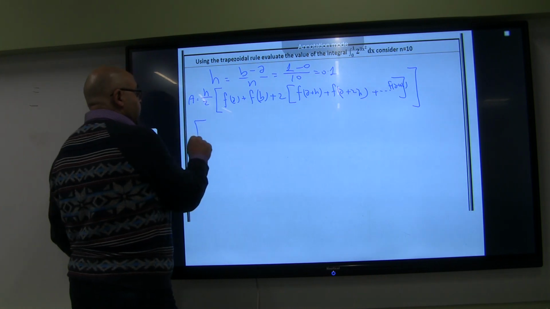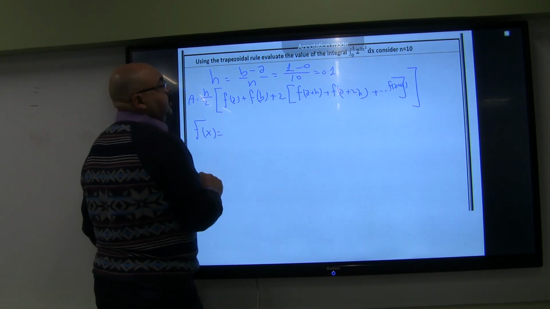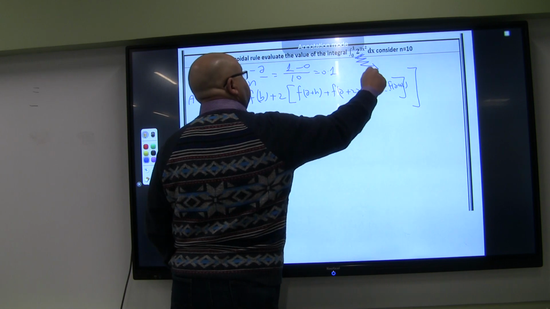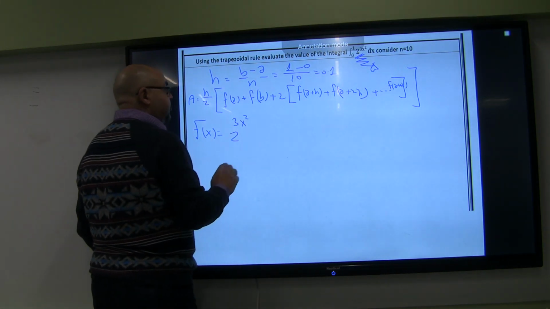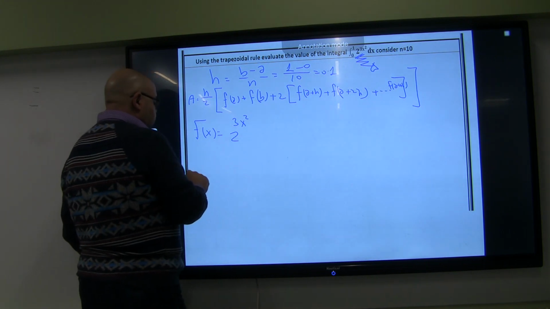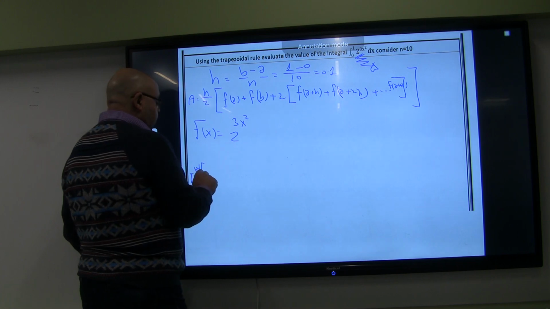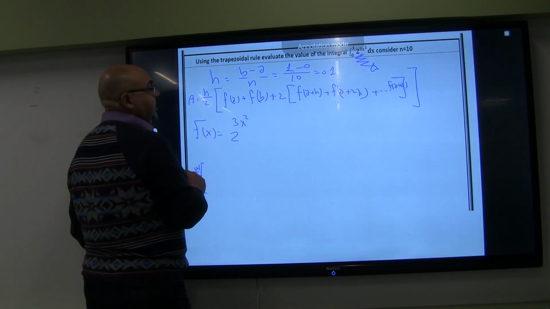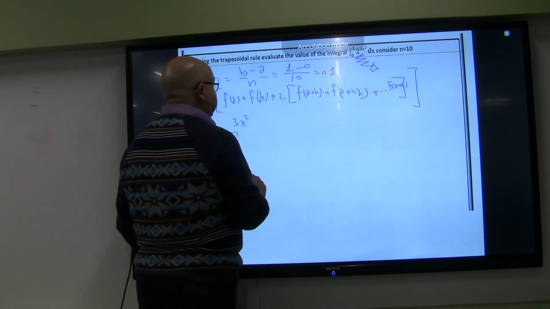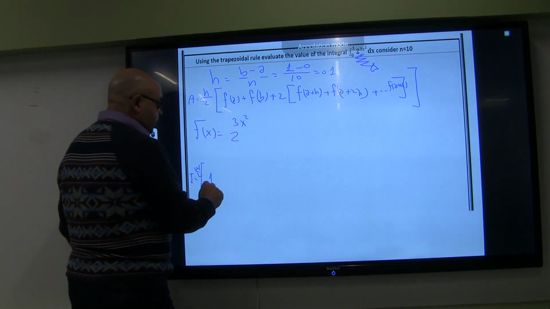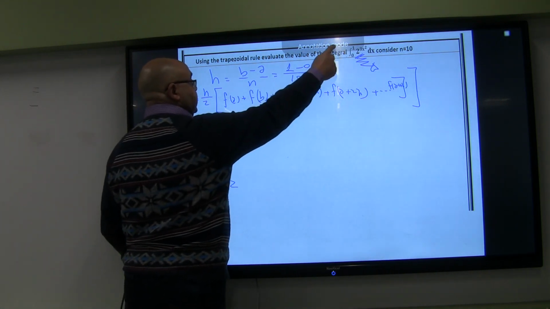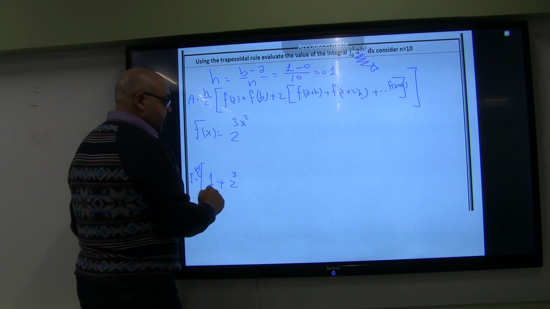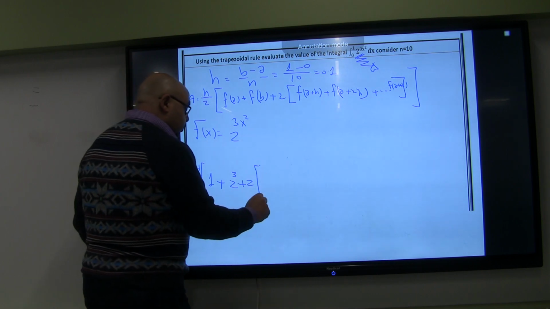So simply, here f of x is the function in the integrand. It's not an integrable function, which is 2 to the power of 3x squared. So all I have to do is to find the values. So it's going to be 0.1 divided by 2, f at a, where a is equal to 0. So 2 to the power of 0 is going to be 1, plus 2 to the power of 3 at x equal to 1, which is 2 to the power of 3, then plus 2, open your bracket,